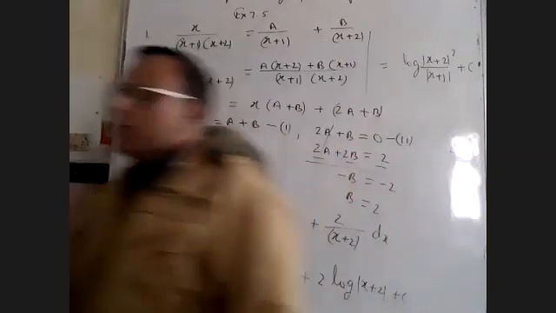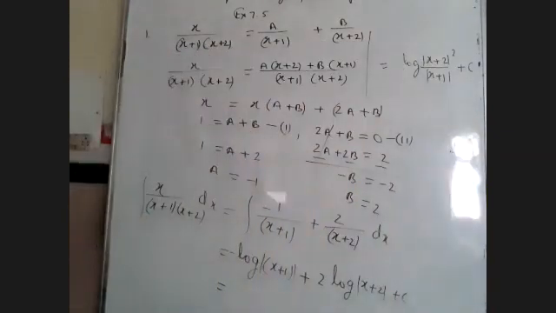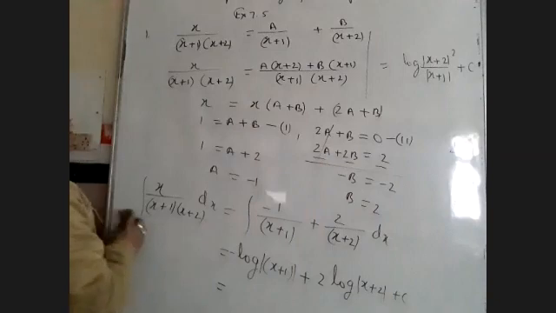So this is the method we can divide any proper fraction into two parts. After dividing into two parts, we can integrate. The method looks so lengthy, but it is very easy. You cannot forget it. If you do 2-3 questions, then easily you can get the values of a, b constants and you can integrate also.